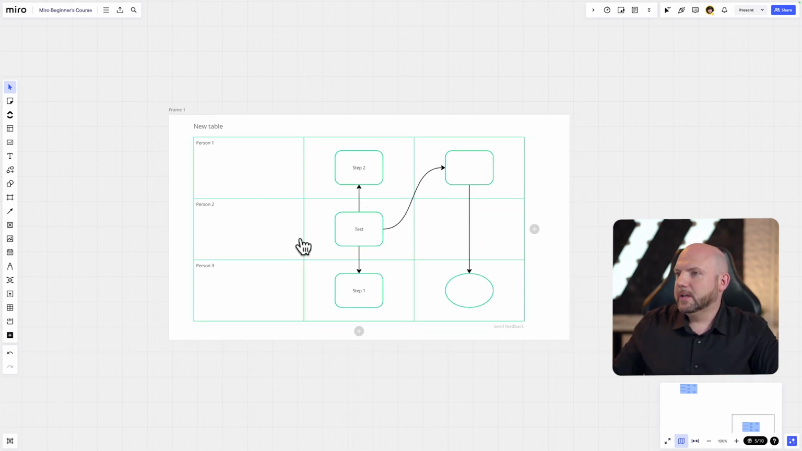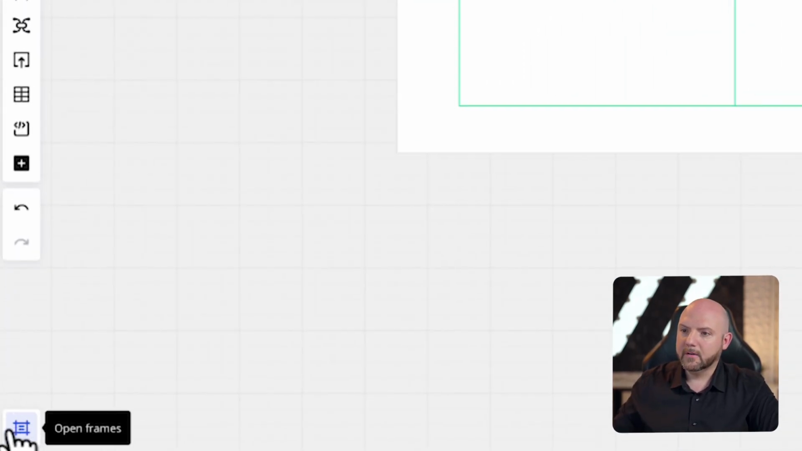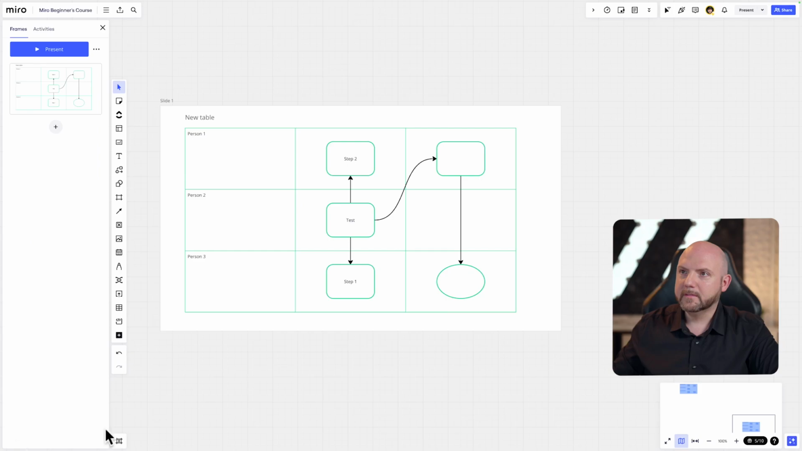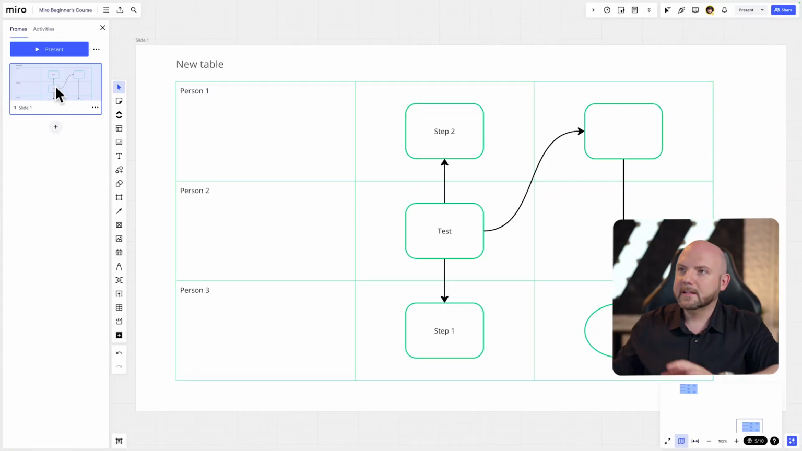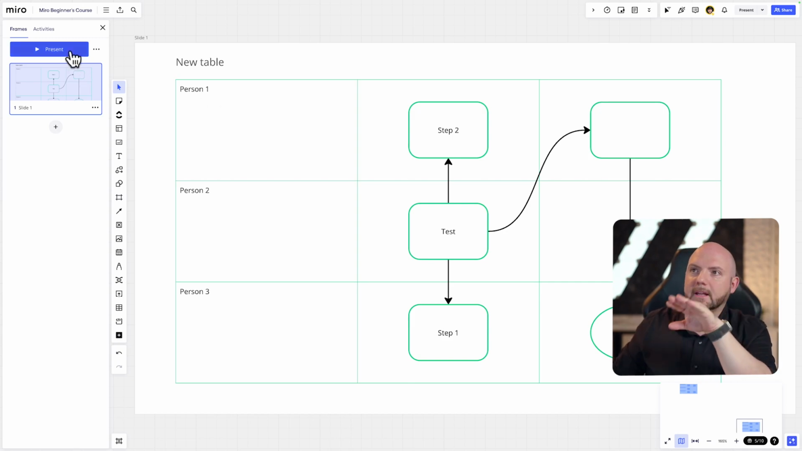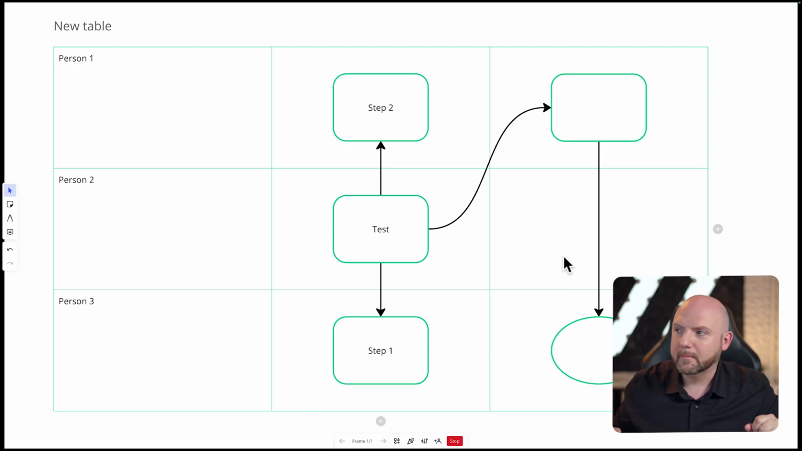So that's really powerful here, especially if you want to create a slideshow. So when you select, double click on frame, you can say slide 1, for example. Then you have this icon down there where you can open up the frames. And now you see here's my frame, the slide. I click there, it zooms into the frame. I can go into a presentation mode, and now I see full screen the frame like you would do in